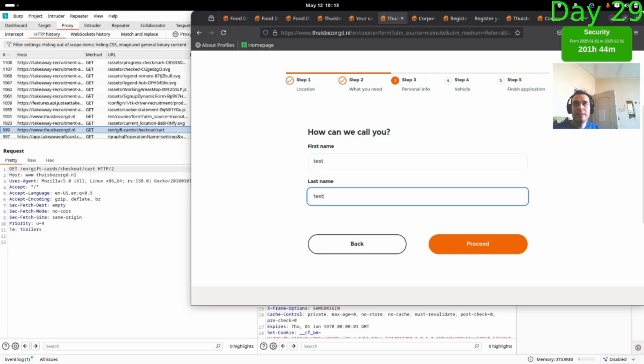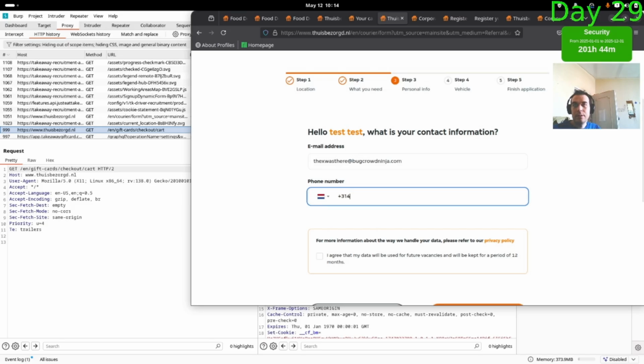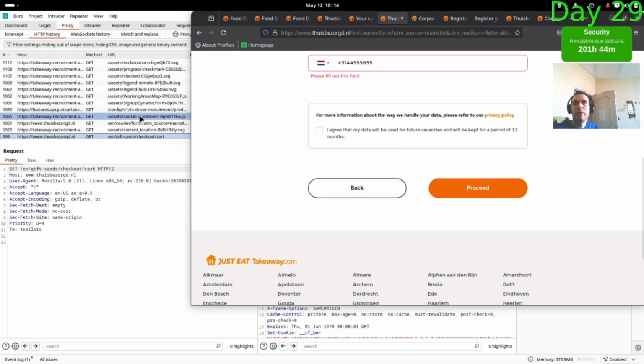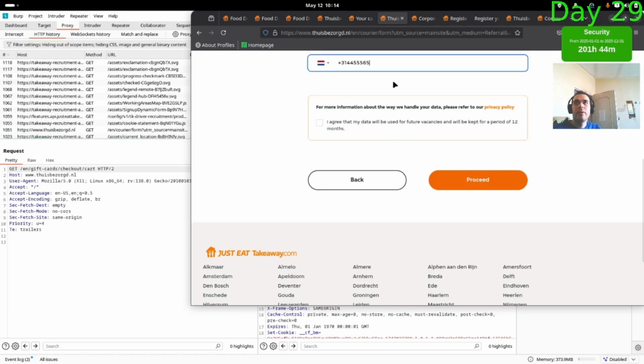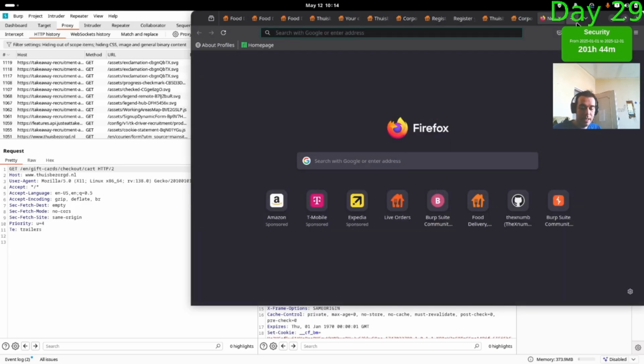It's going to be test, and the X was there. Sign bug crowd ninja.com, and the format is something like this. Okay, I wanted to see, as you can see, when before sending the data, the web application shows us the